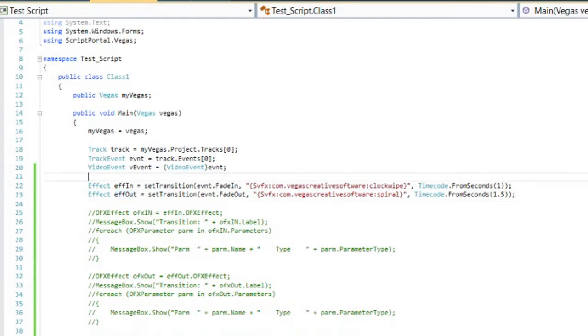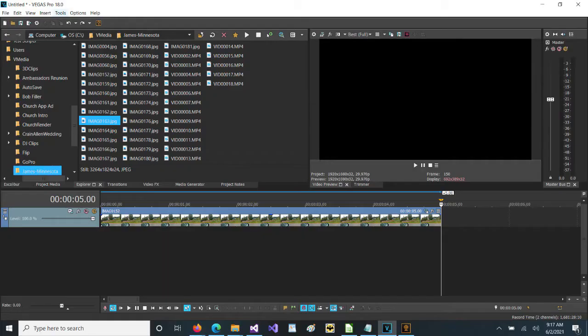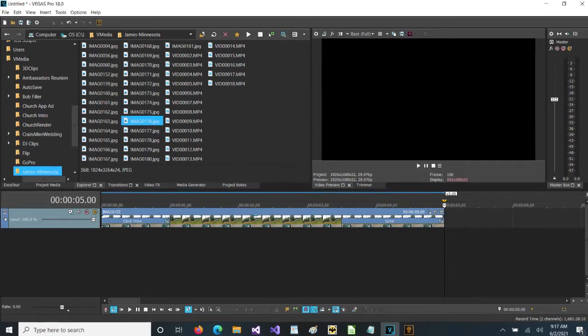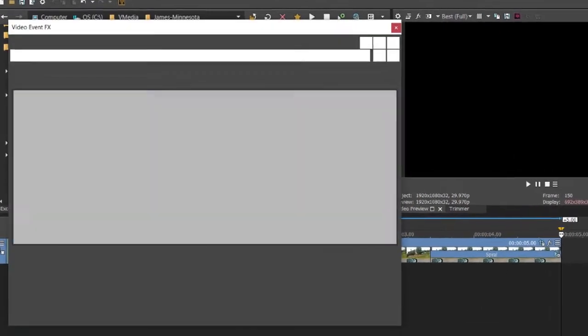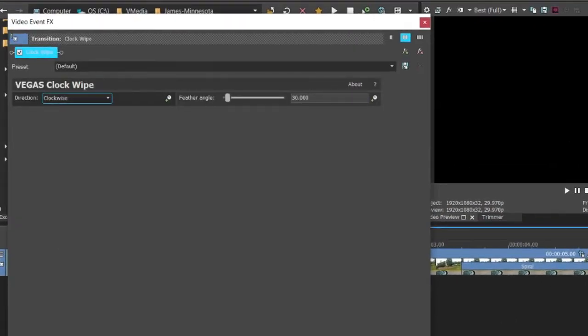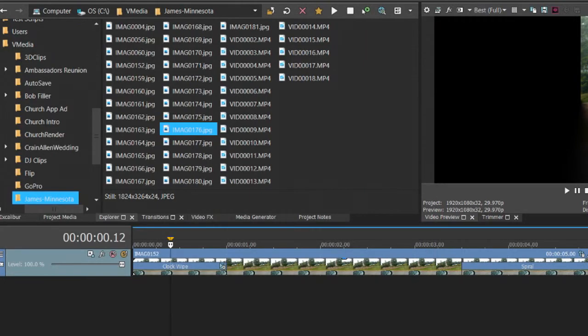So let's see what happens when we run this now. So now we have the clock wipe, and we have two parameters in it. First of all is the direction, second of all is the feather angle. I think I'll change the feather angle so that it's got a bigger value. By default, we could see it was 30. I think I'll make it somewhere around 150 so that we can see the difference that it made. Then we'll come over here to spiral,